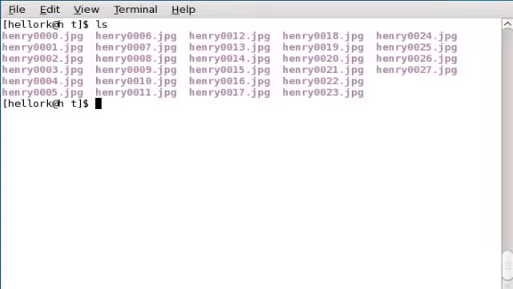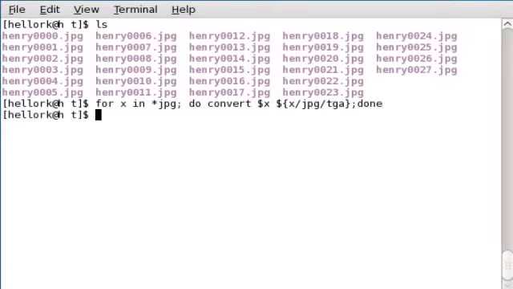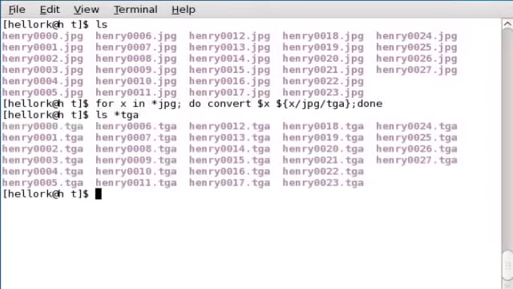So convert X into, we're going to change the JPEG images to TGA, and there we go, all converted. Now we can actually load up Voodoo